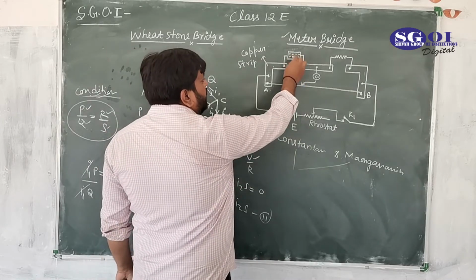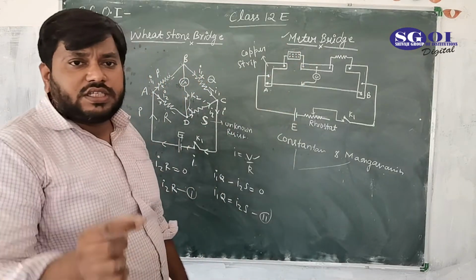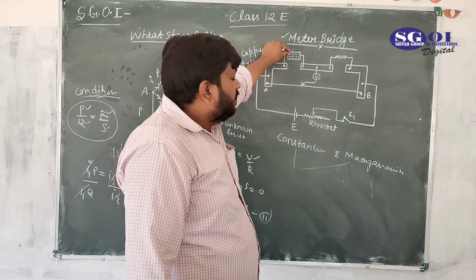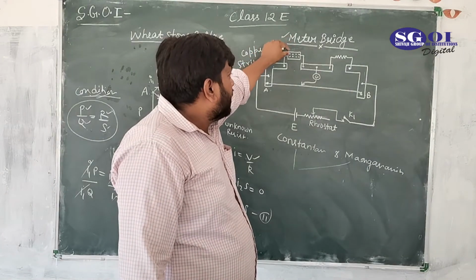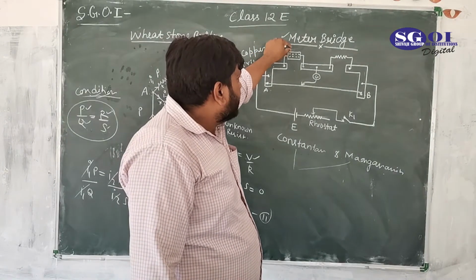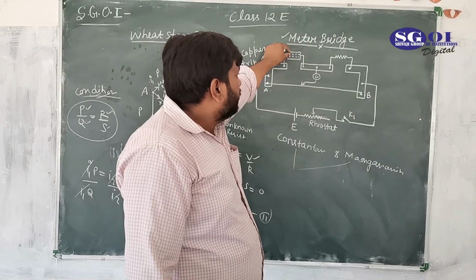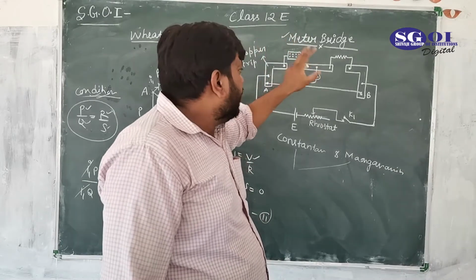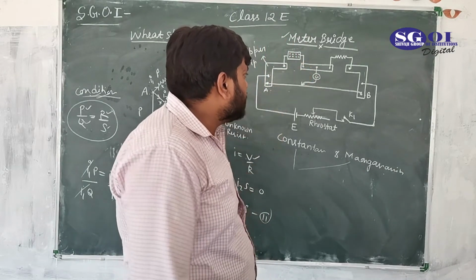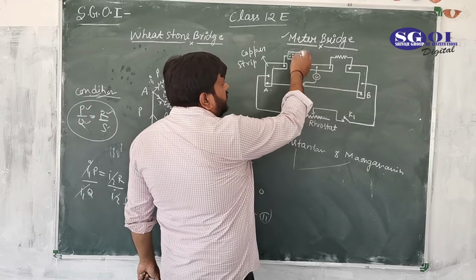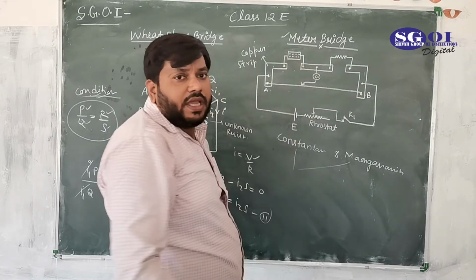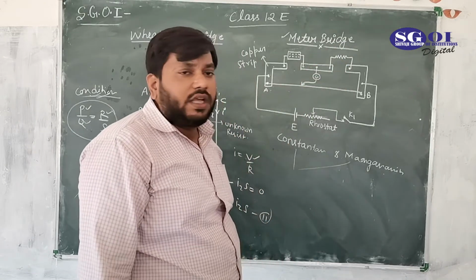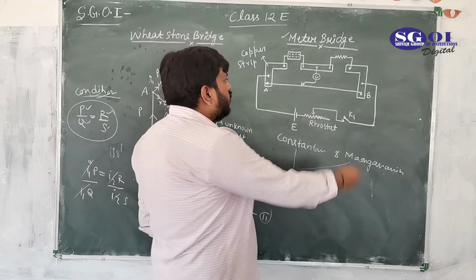This is the resistance box. We can choose any one resistance by taking out the key situated at a particular resistance. We take out the key, and that resistance is applied across both terminals. We can change the resistance values with this resistance box, and this is the resistance whose value we want to find, this is the unknown resistance.